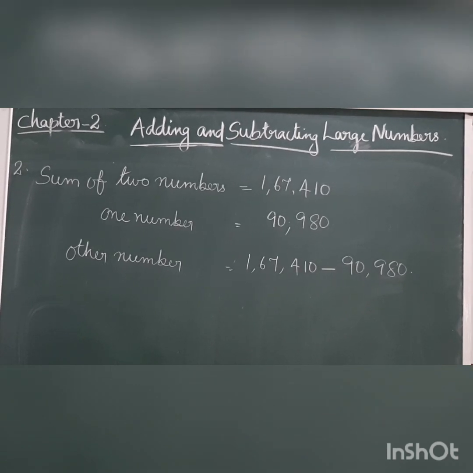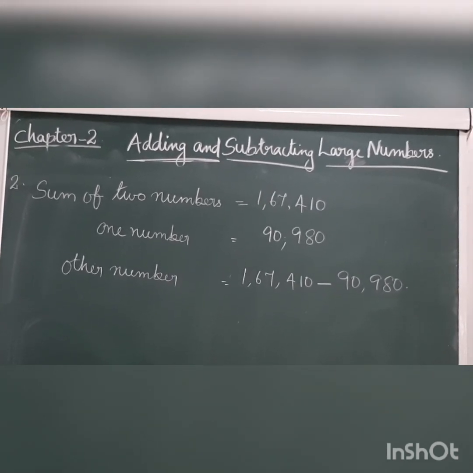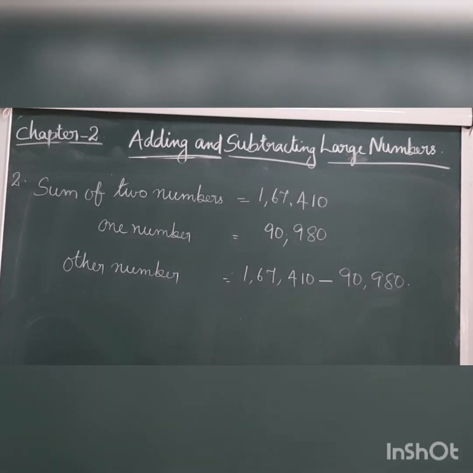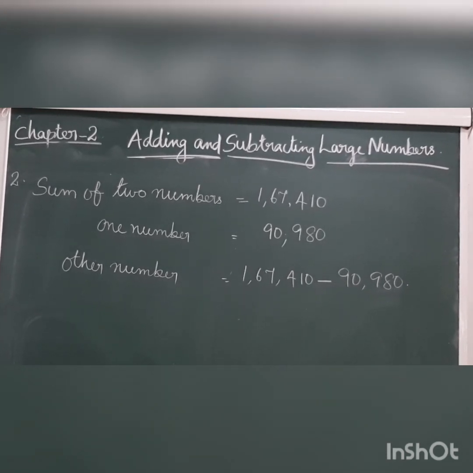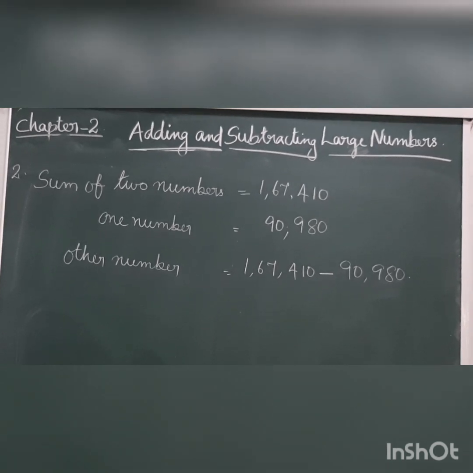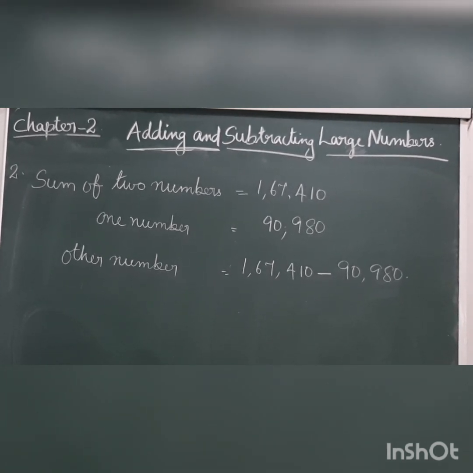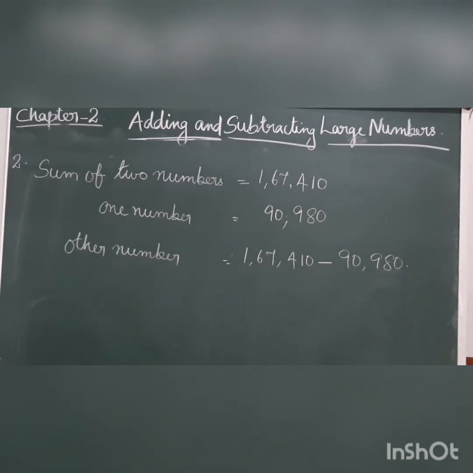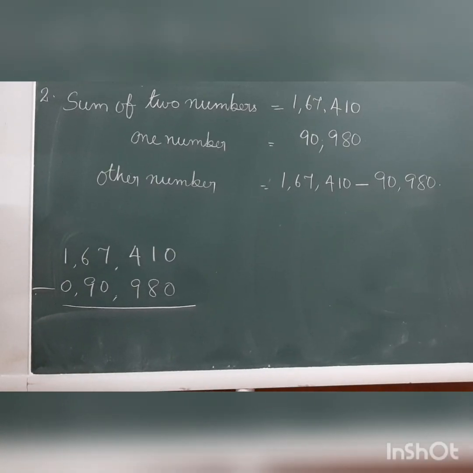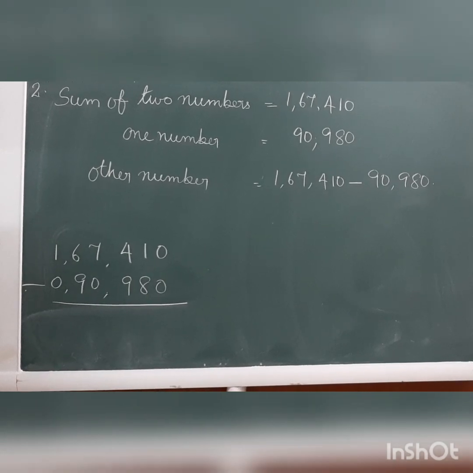So, the sum of two numbers is 1,67,410 and one number is 90,980. So, to find the other number, we have to subtract one number from their sum. 90,980 from